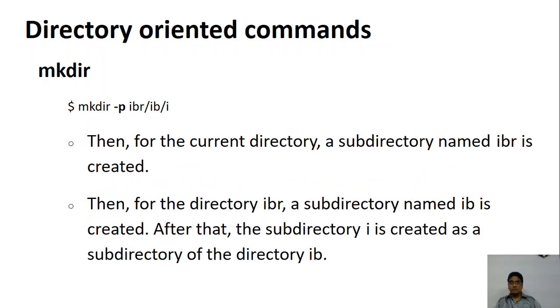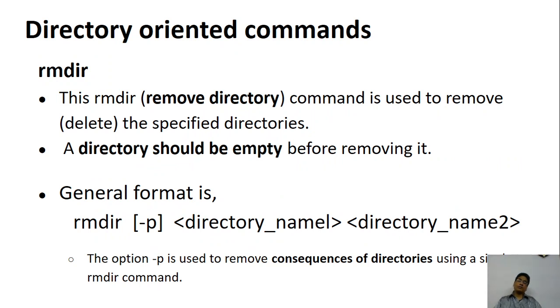Now the next one is, once you have used the -p, if you want to remove the directory, how can I remove the directory? To remove the directory you have to say rmdir and the name of the directory. Very important thing about removing the directory: it must be empty. What do I mean by saying a directory must be empty is, there must not be any content inside the directory, neither a folder nor a subdirectory nor a file should be there inside that particular directory. If the file or folder exists, then you get an error message saying that directory is not empty.